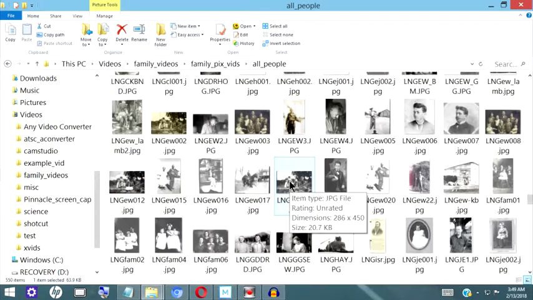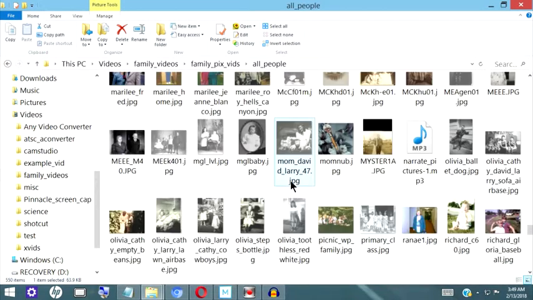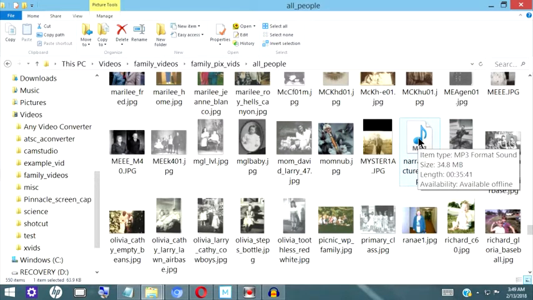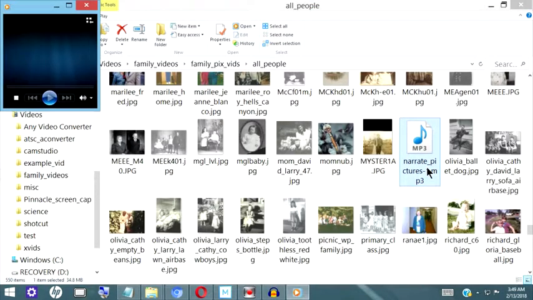There's the Js and the Ls and there's the N for narrate. If we double click on this, it'll bring up the default player and it should play it, and we can verify that the audio was recorded. We don't have to play the whole thing, of course, but minimize the Audacity,